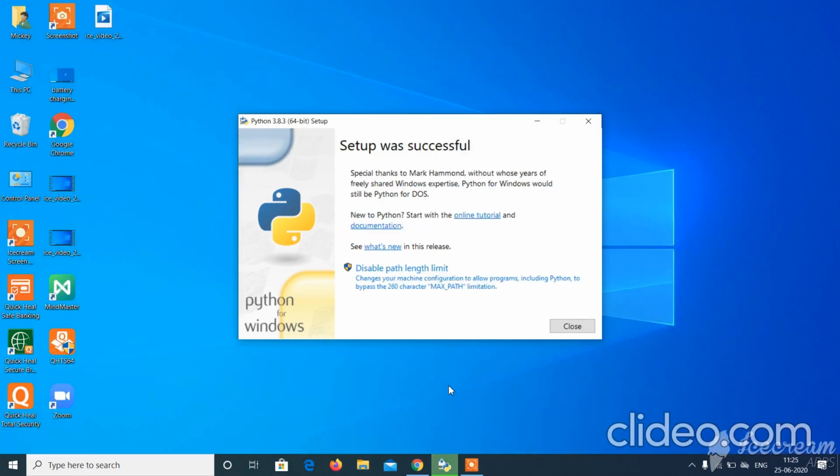Okay, so the installation has been done, and here you will get a pop-up window which will say setup was successful, meaning Python has been successfully installed on your system.